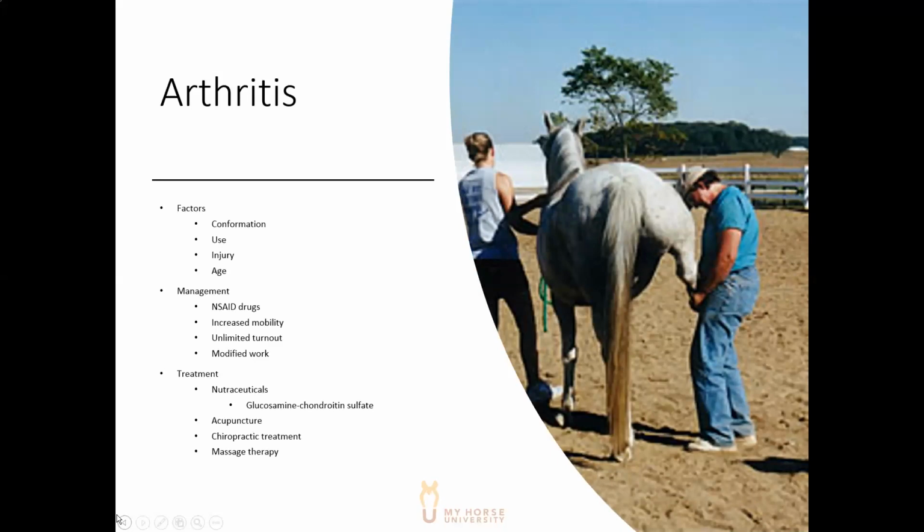So it looks like, and this is exactly what we would expect looking at the clinical research, arthritis seems to be one of the major concerns, and then we have Cushing's, respiratory disease, and others. Great. So yes, most of our older horses are definitely going to experience arthritis, as it just comes hand in hand